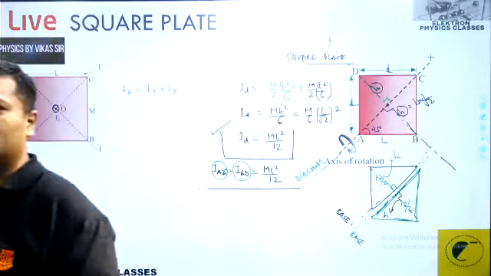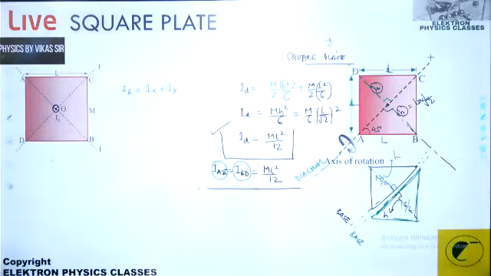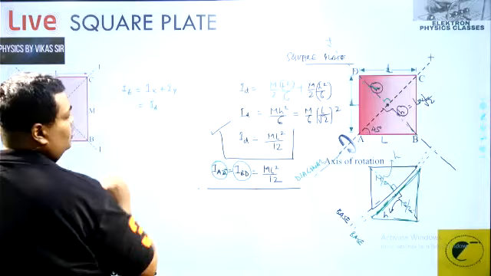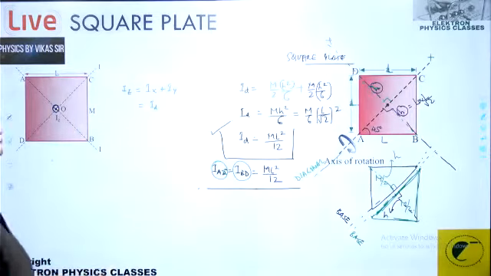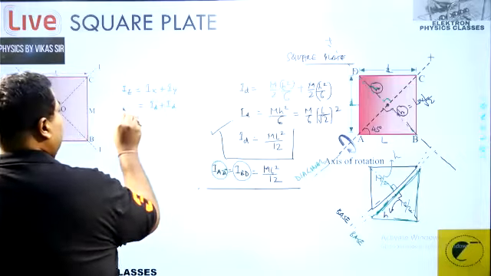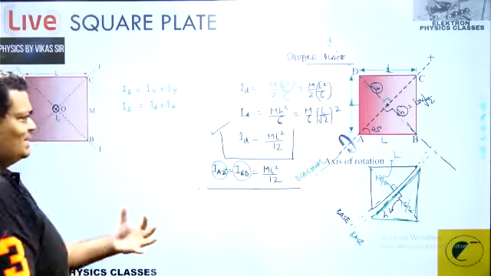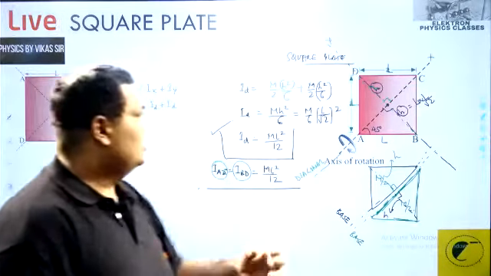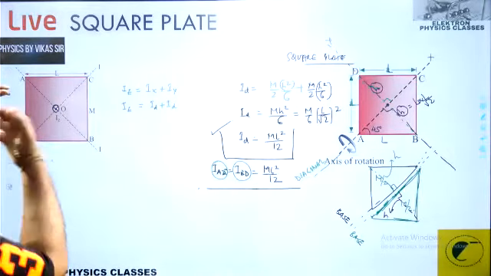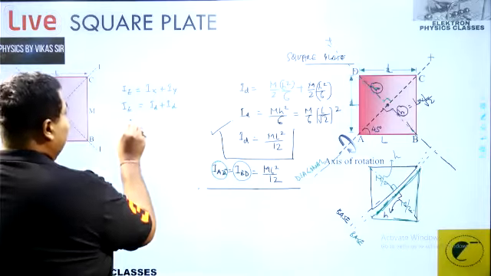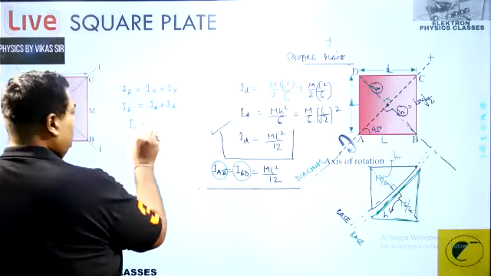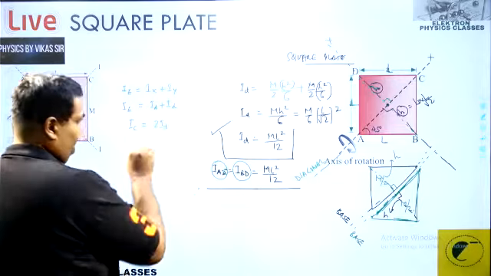The reason is very simple: they are mutually perpendicular. So this becomes a diameter axis. No, that's a diagonal axis. You can say diameter also. So diagonal axis plus diagonal axis becomes equal to Iz. But Iz is supposed to be the centroidal axis because it is perpendicular to the plane, outside, like this over here, while these two are in the plane, right? So this gives me IC. What is IC? The centroidal axis. That becomes equal to twice of ID.